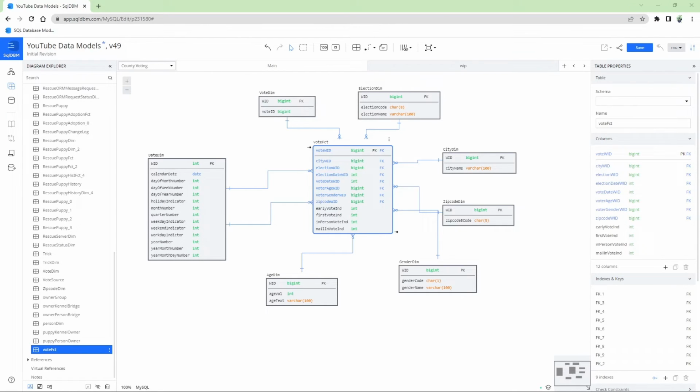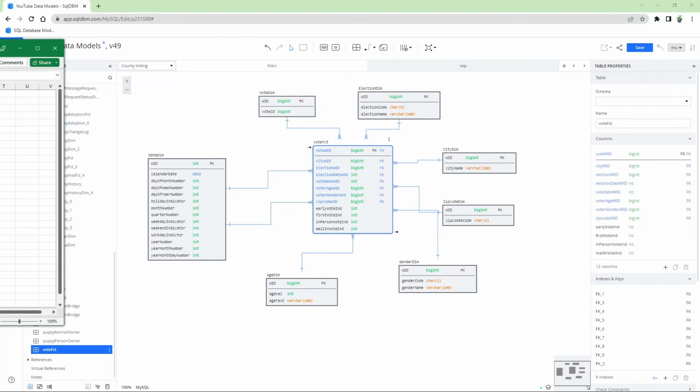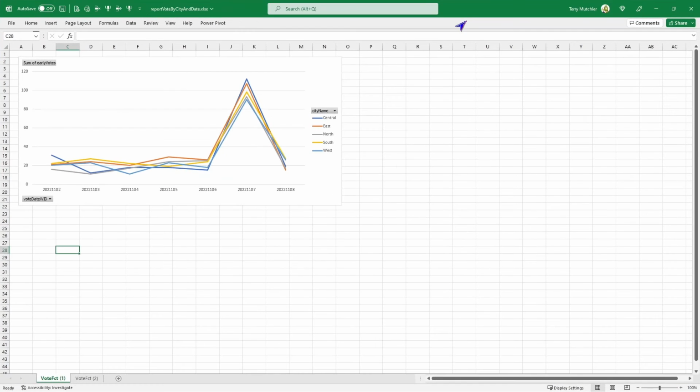So the final step of this process is to go ahead and generate a report. I wanted to be able to do so easily. And as I don't have a reporting tool readily available to me, I've been doing a lot of reporting in Excel. Now, if you've ever dealt with me in the past and in my training sessions that I've done at the corporate level,